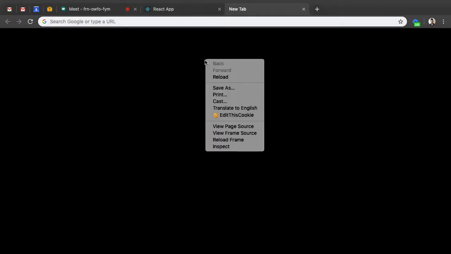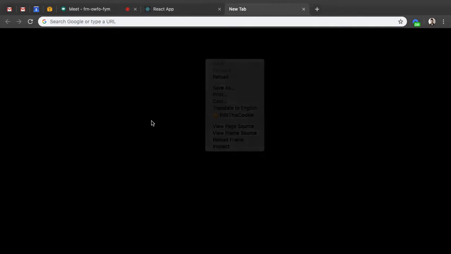So every time you want to work with DevTools, unless you want to debug an existing app, but if the only thing you want to do is to create a basic snippet, a basic function in JavaScript, my suggestion is create a new tab in Google Chrome. And once you have the empty tab, do right-click, inspect. There is a shortcut, I think it's F12 or something like that, right? But